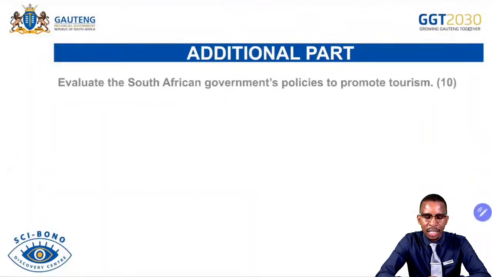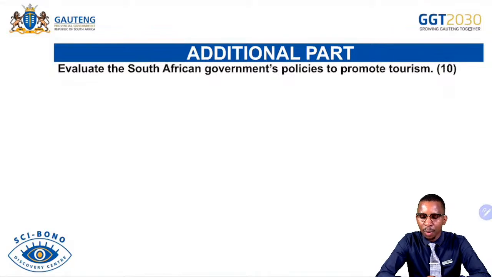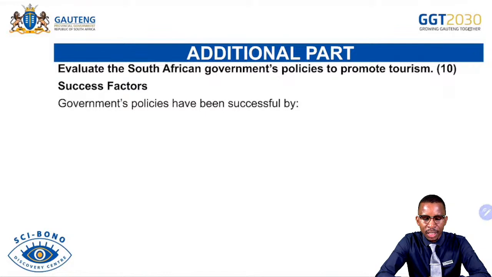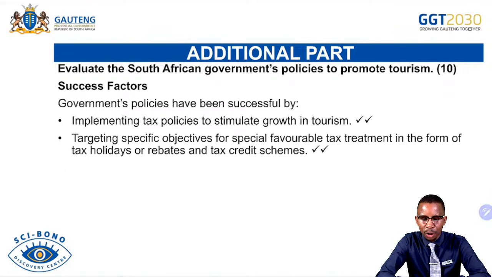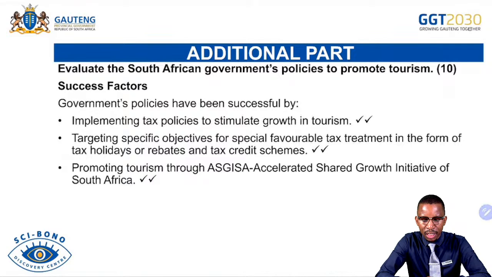And then let's look at the additional part. Evaluate the South African government policies to promote tourism. The success factors. Government policies have been successful by implementing tax policies to stimulate growth in tourism, targeting specific objectives for specific favorable tax treatment in the form of tax holidays or rebates and tax credit schemes, promoting tourism through